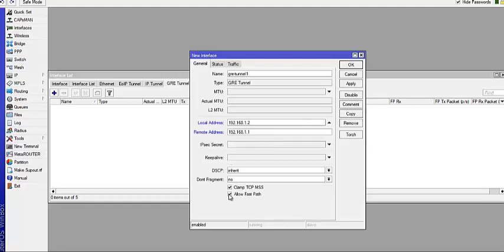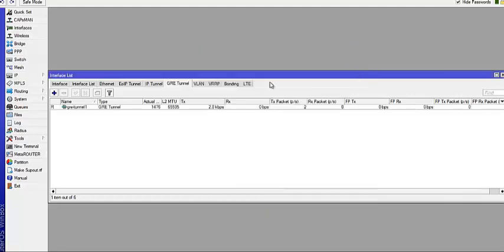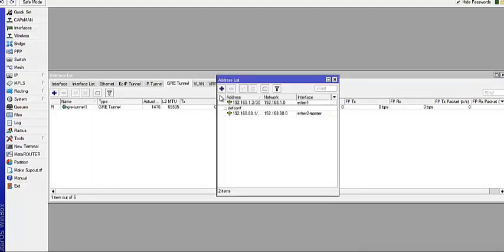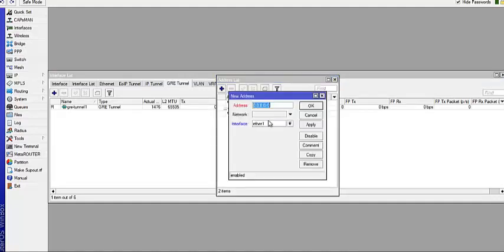Let me just check this, because it could cause a problem if I don't. I'll click Apply and OK. Having done this, I'm going to assign an IP to the interface that I just created. I'll click on IP, click on Address, and click Add. I'm going to use 1.1.1.1, or let me use .2, since here is .2. I'm saying /30, and I'm going to assign it to the GRE interface.